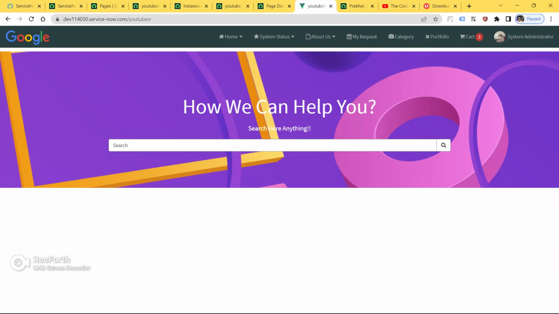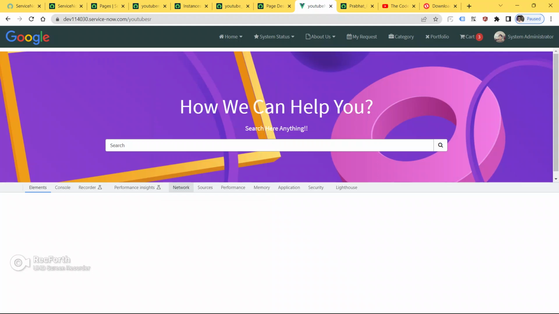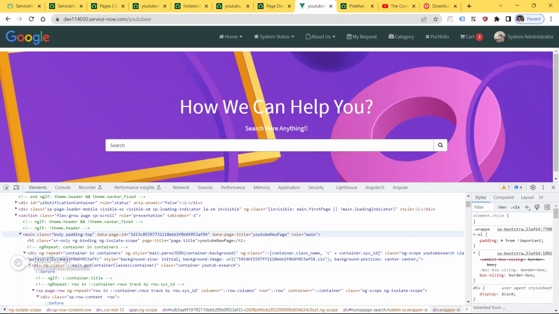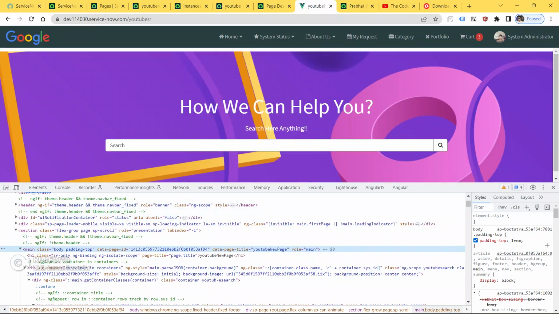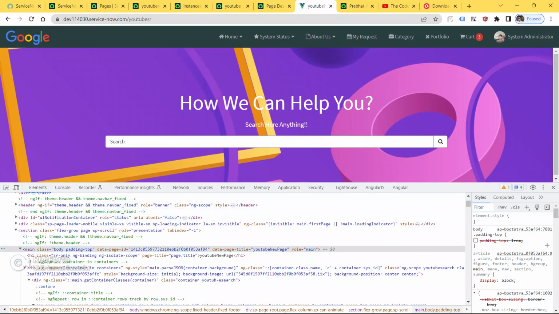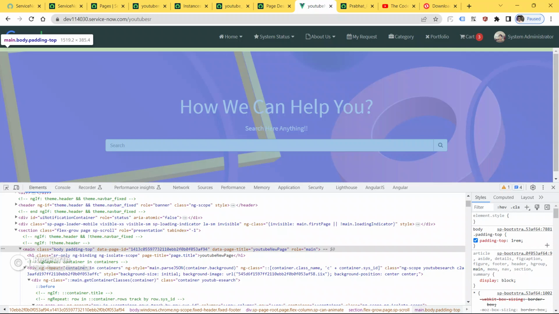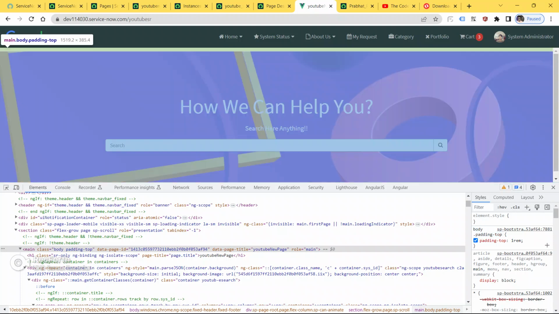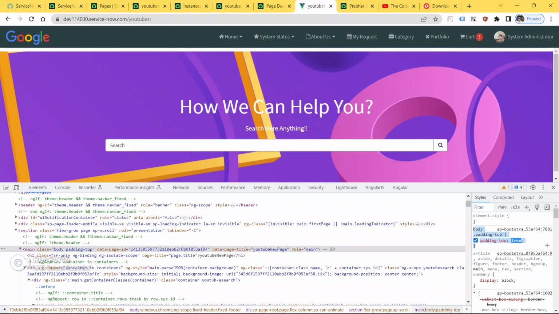Homepage search. Let me inspect this, and I'm going to remove this white space from here. I don't like this. The padding top is 1 rem, I will hide this and put it as 0.